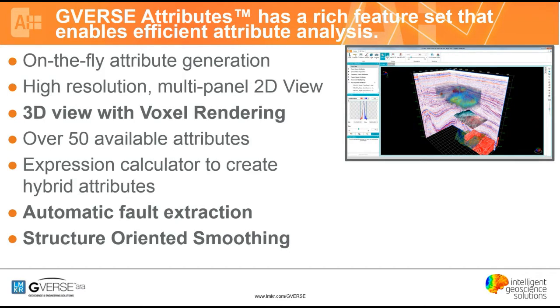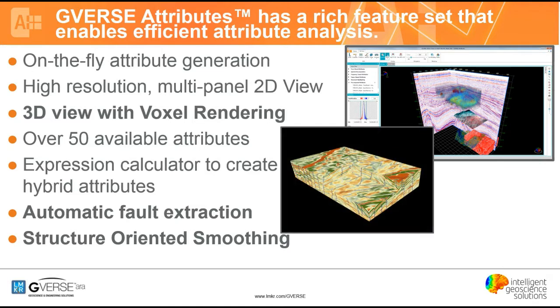you view data in 3D and compute attributes on the fly in the 3D space. With Voxel Rendering, you can display entire volumes to better analyze your data. We have over 50 attributes available and also support hybrid attributes that let you combine various attributes to create new ones. And on top of the existing attributes, we have introduced some new attributes that are designed to help with